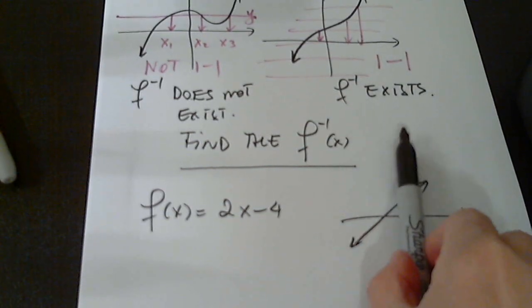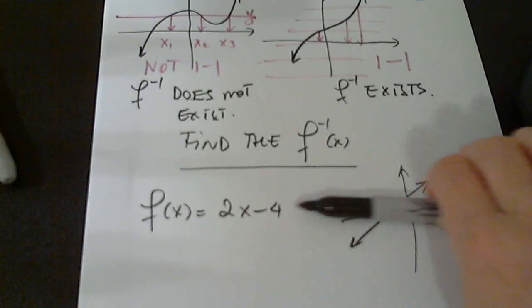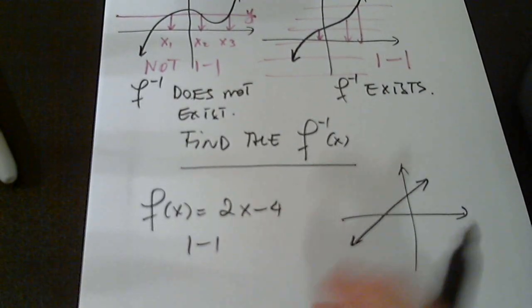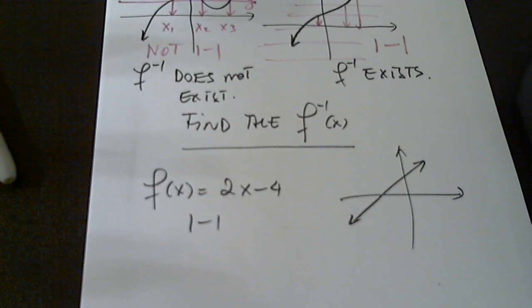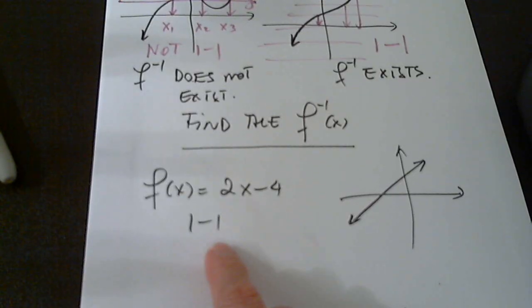It's a function, and it's also one-to-one. For each y value, there is only one x value. Linear functions are always one-to-one. Now the question here is, find the inverse function. You know it's one-to-one. Find the inverse function. For finding the inverse function,